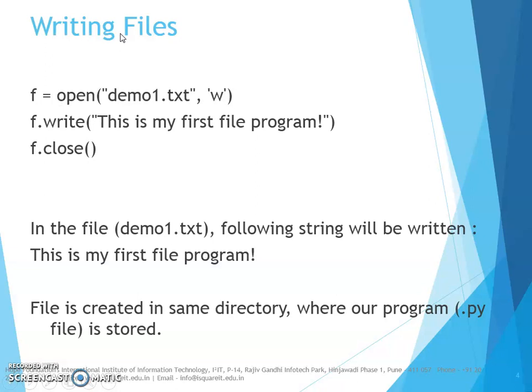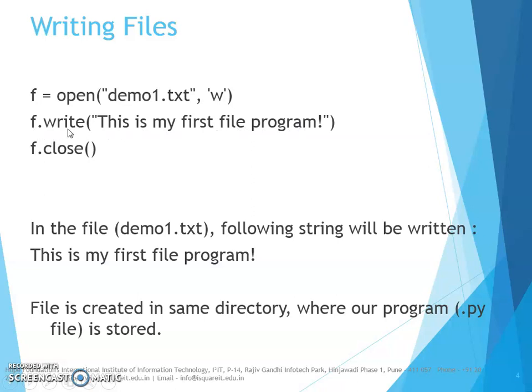So as we said, to write a file, first of all, we have to open that file. To open the file, we have to write the object of that file. For example, here in this case it is f is equal to open that file in write mode. As we want to write data, we have to mention the access mode as write. And then we are calling this method, that is object name dot write method, and in round brackets, we are specifying the string that we want to write in a file.